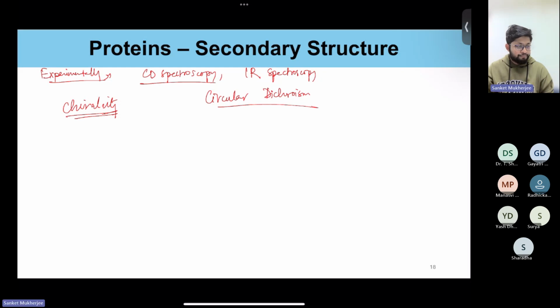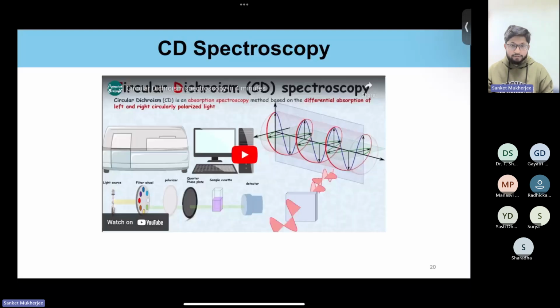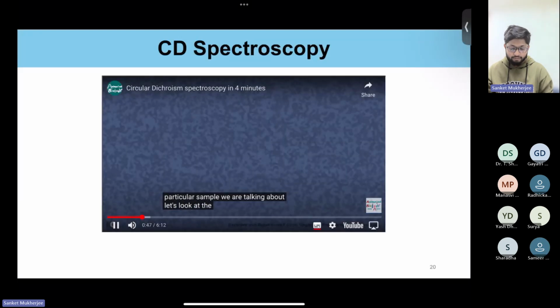In the far UV spectra, that is from 190 to 250 nanometer range, the peptide bonds absorb. So it's the major chromophore, and the relative orientation of peptide bonds with respect to each other gives us a characteristic CD signal. So if we look at how CD works, let's look at the